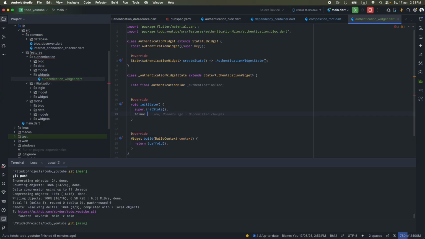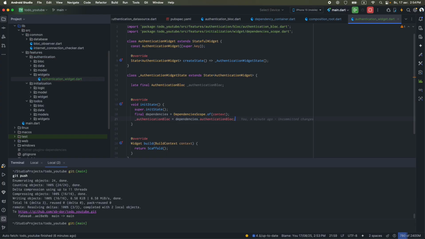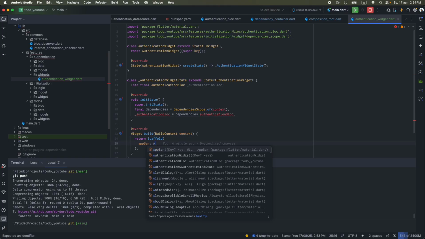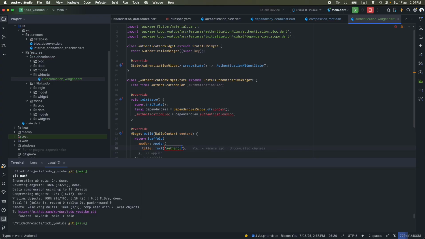So we have to take our dependencies through the inherited widget, dependencies scope. There's a listen. Is this? No. So that's all. Authentication block, authentication dependencies, authentication block. That's all. So we can go here in app bar. We can write app bar title text authentication. Okay. Then we can write